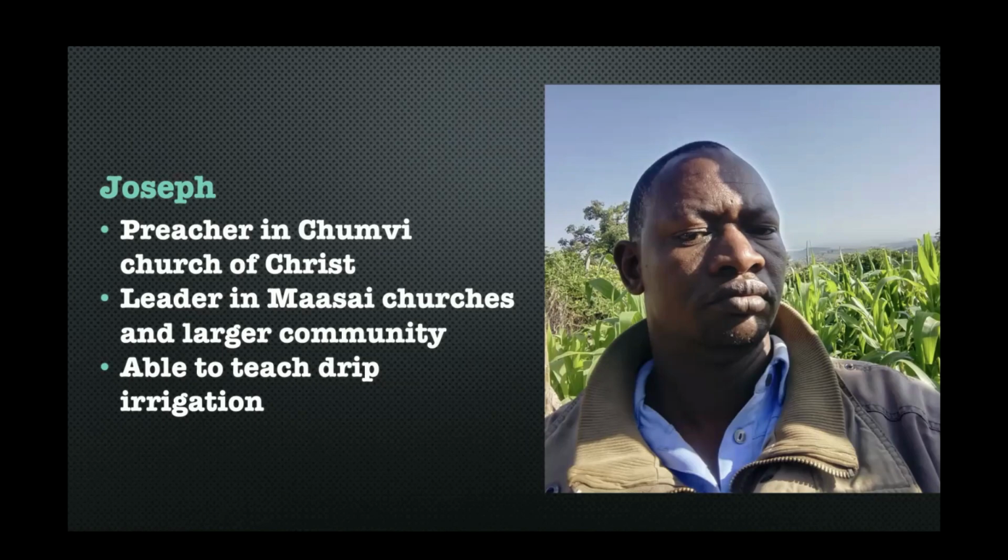So we're going further and further away from Nairobi. And what I noticed is the further away we went, the poorer things became. This area where we went with Joseph is further away from Meru, which was a pretty poor area to start with. This was poorer still. But he met us. I don't know how he got to the gas station, because it took us a good while in a vehicle over some very difficult roads to get to where he lived. I think he walked. I didn't ask him, but we met him early in the morning.